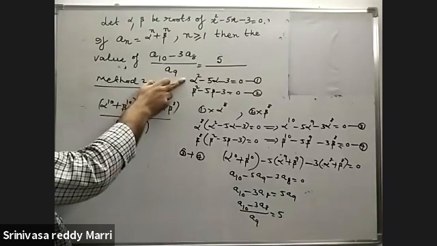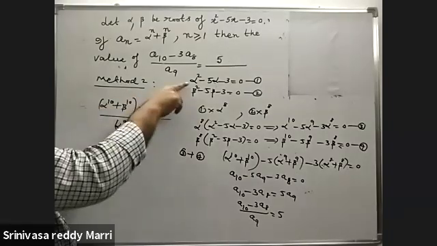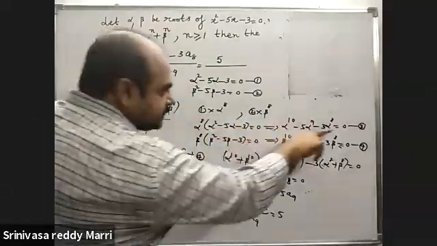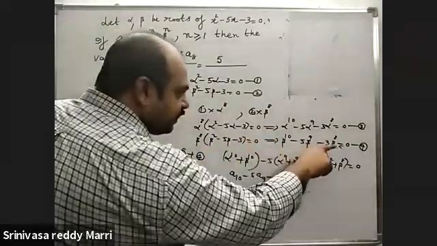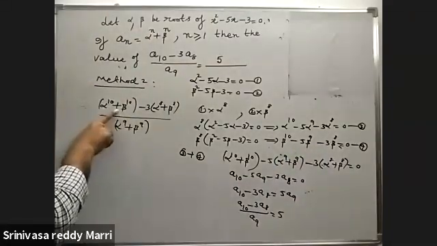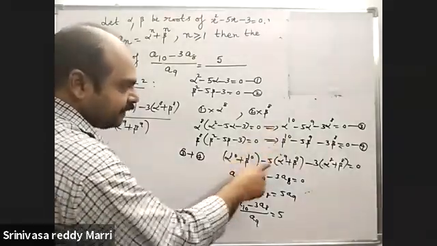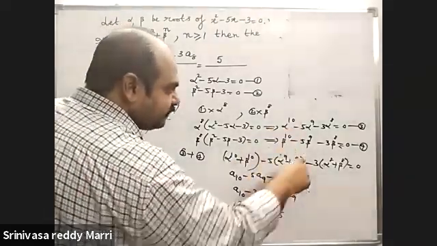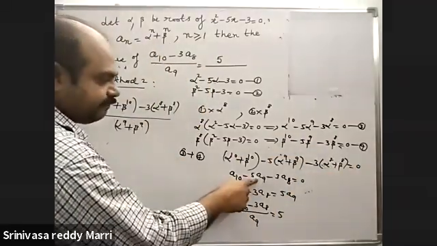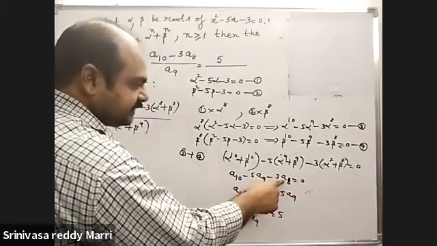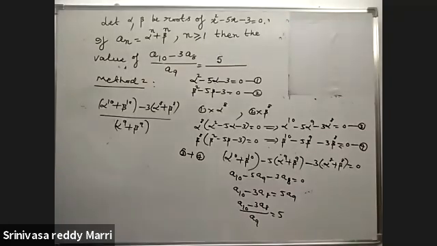In this approach, we will take these relations and whatever the highest power is there, that you have to get, means this multiplied by alpha to the power 8. This equation 1 you got, and then this multiplied by beta to the power 8. This equation you got. Now it comes to an idea that you want sum. That's why add these two equations. This plus this, so this plus this means minus 5 into this. This plus this means minus 3 into this. Directly you got A10 minus 5A9 minus 3A8. Bring that to the other side, you'll get the answer. That is the answer. This is another approach.